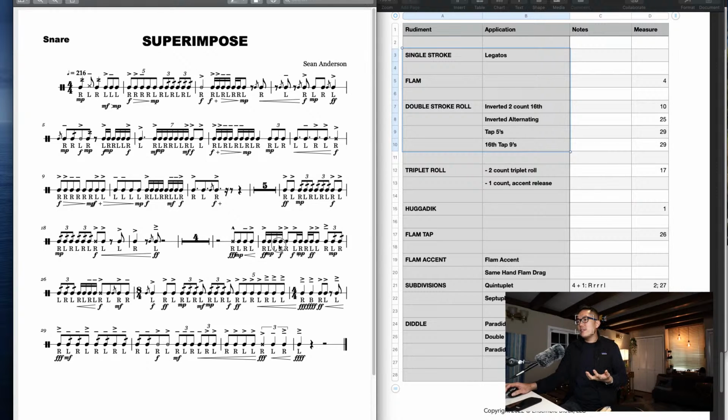Here, these alternating inverted roll section 16ths, I haven't really played that figure before. I know how to play an inverted roll, but typically you might see it like this, or you might see, right? I don't know if I've ever gone